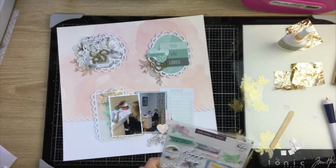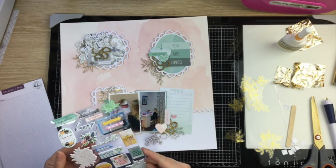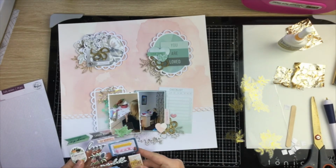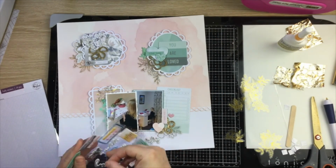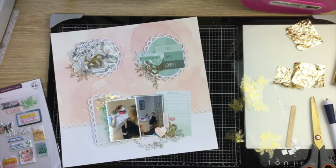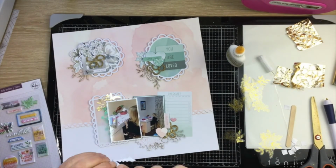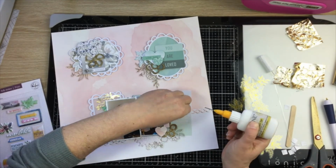And we've got some Pink Fresh Studio puffy stickers, so I'm going to add a few of them, some florals and a heart, pink heart. We've got a pink and white one, a little green one. I do switch it out for a different one shortly, and the word happy, which goes really nicely up there. I'm happy with them, so I'm going to pop a little bit of glue behind them, pop them in place,